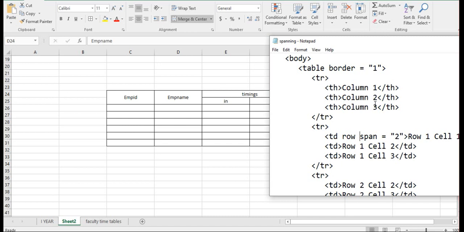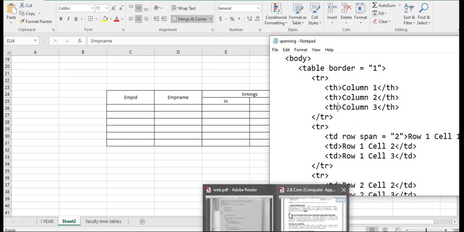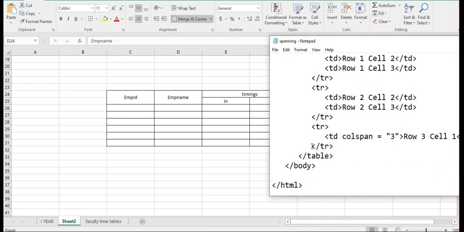Okay, next here you have to go with column span. So based on that you have to write the code.